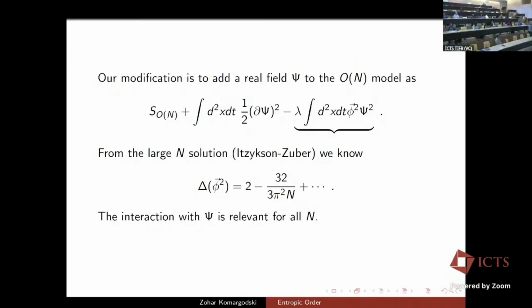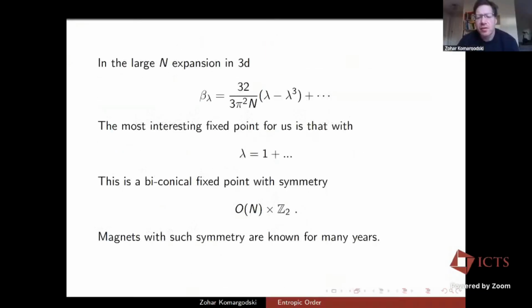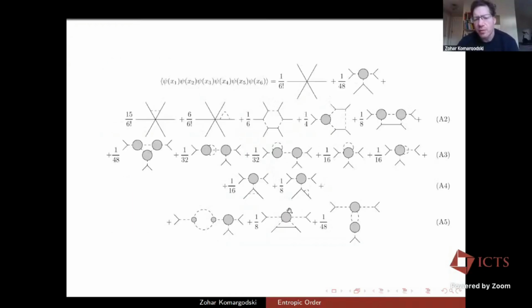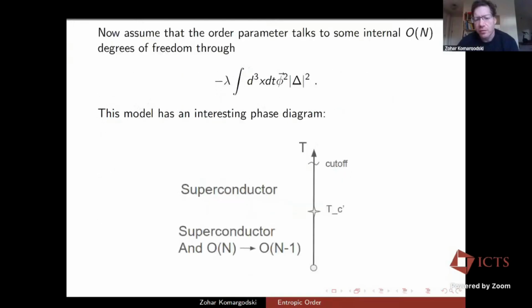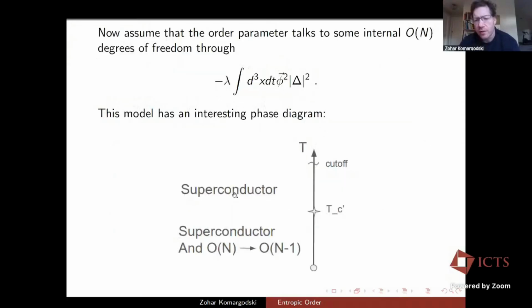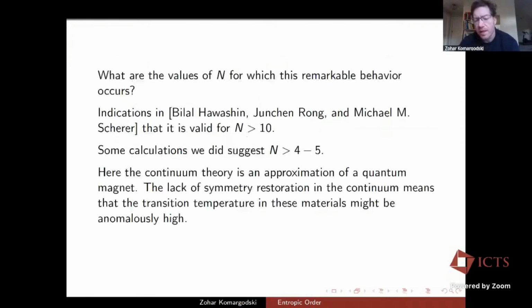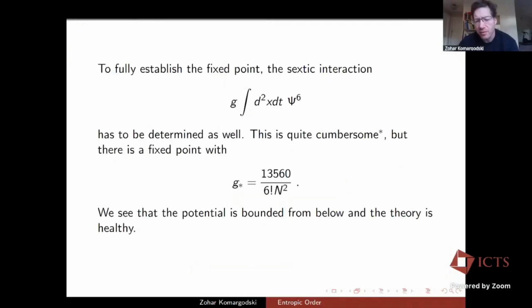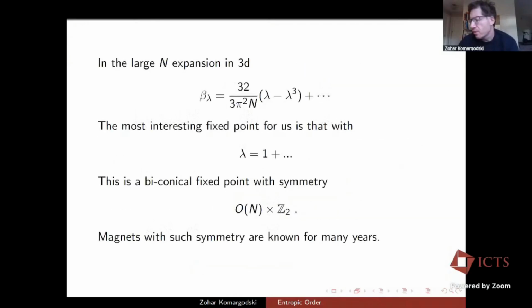And it is algebraic at small frequencies, or? Okay, but in this model, it's not going to be quite algebraic because all you are doing is breaking ON times Z2 to ON. So the ferromagnet is due to a broken Z2. It's just a discrete symmetry, so it doesn't manifest itself in some interesting critical exponents. Okay. If you want something more rich along the lines of what you're saying, you have to go maybe to 3+1 dimensions and break a continuous symmetry spontaneously at high temperatures. Like with a discrete symmetry, you won't quite see that in spectral densities. Thanks.